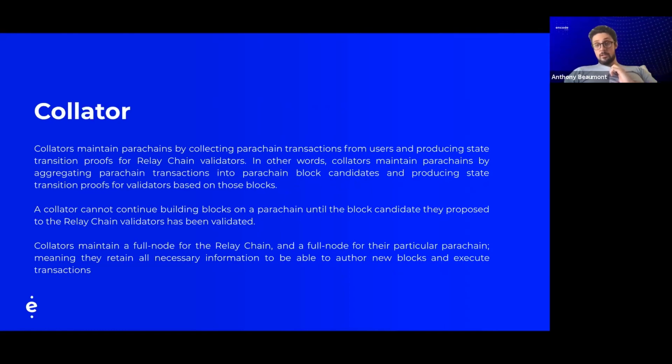There's no fixed supply of DOT, so you should assume about 10% inflation per year. Obviously staked DOT is locked and you can't unlock it for 28 days, but it's not permanently locked. So there is a natural inflation, but the maths you should do, if you're a long-term holder and interested in this sort of thing, is: if you think demand will increase by greater than or equal to 10% every year, then you should hold DOT. And if you don't think demand will increase by 10% or more, then you shouldn't hold DOT.